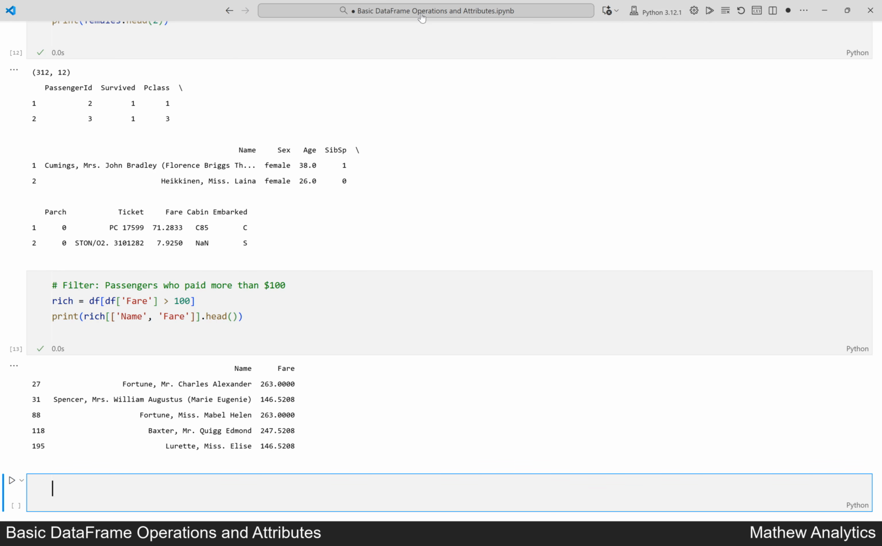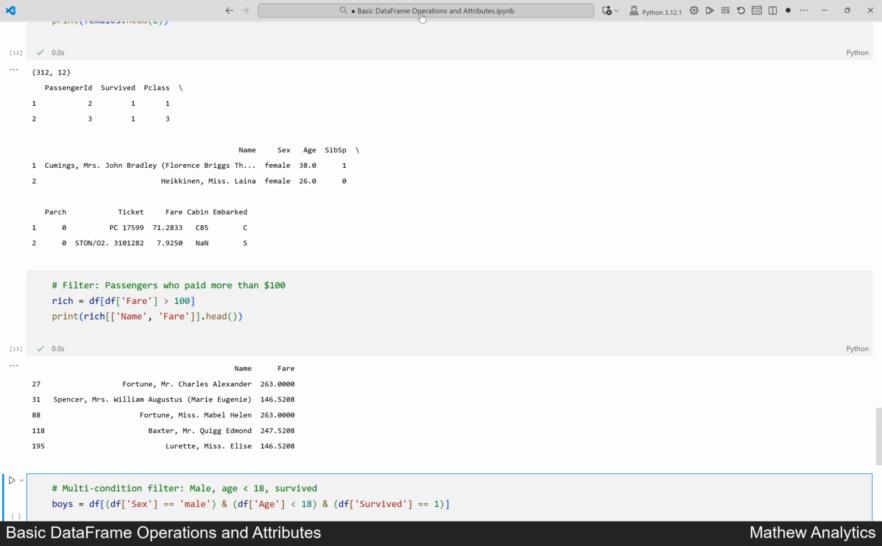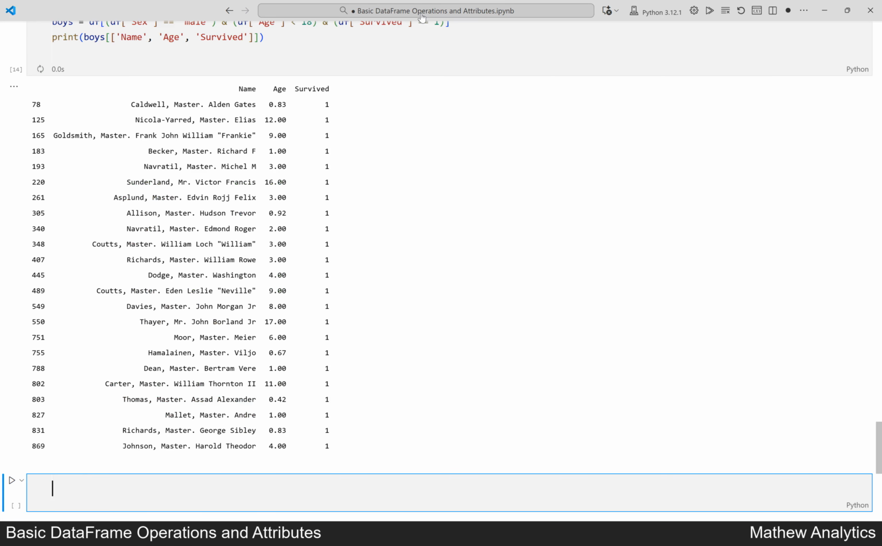Let us try more than one condition at a time. The comment helps us remember we want young boys who survived. We filter the data frame where the gender is male, the age is less than 18, and they survived. We print out their names, ages, and survival info. Running the cell now. This output shows a filtered list of young male passengers under 18 who survived the Titanic